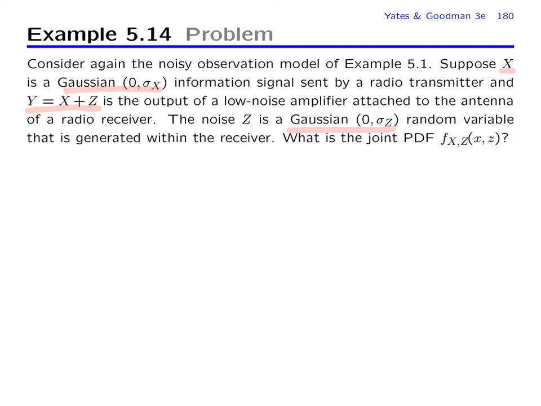But the key thing is that the noise is generated inside your receiver. In fact, it has to do with the electrons inside your amplification circuit bouncing around. And most importantly, this noise has nothing to do with the information signal that the base station is transmitting to your phone. So the model for this system is that X and Z, the signal and the noise, are independent,